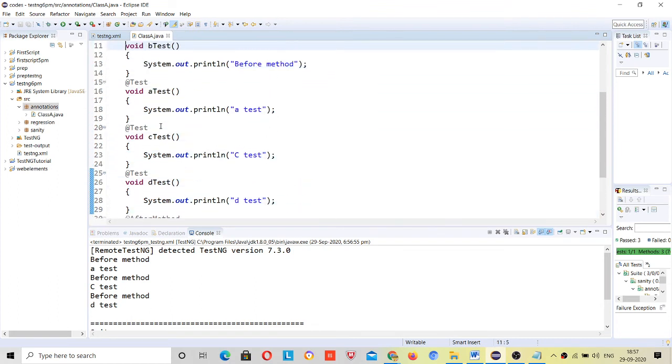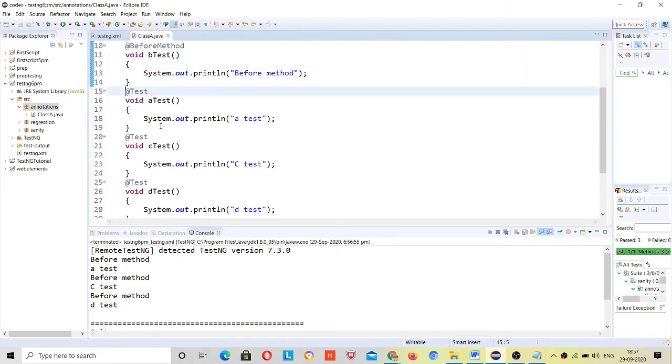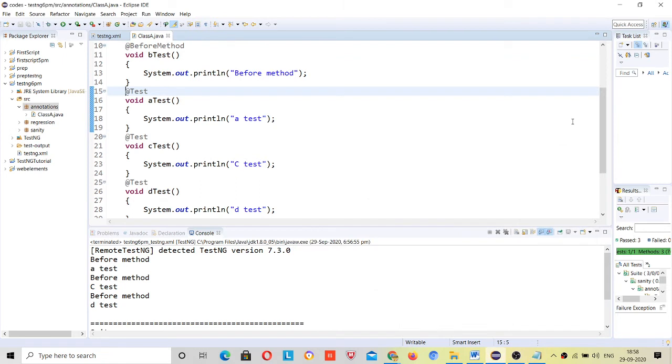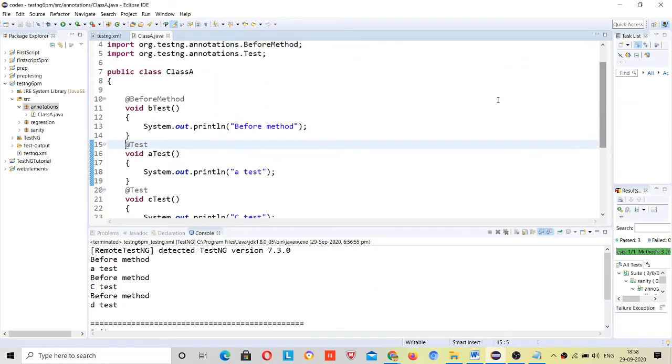So what will happen? First it will come to this, before method will run, right. So after every test run, it will run after test, right. So let me copy it. After every test run, it will see what's there.